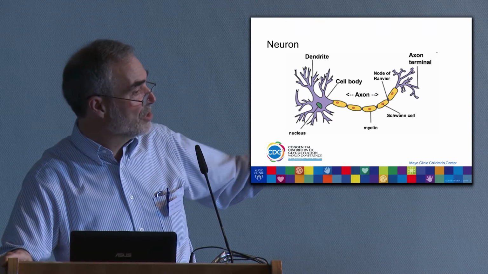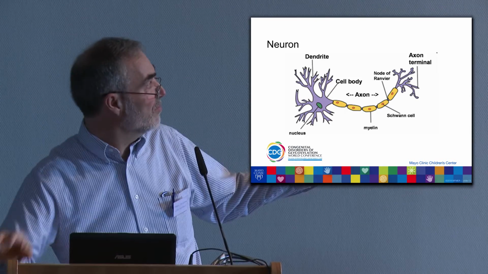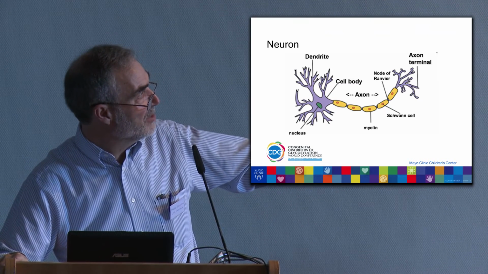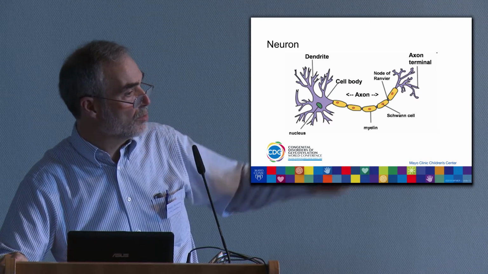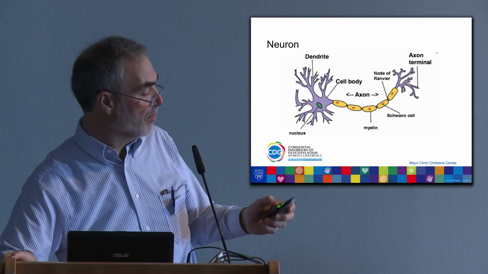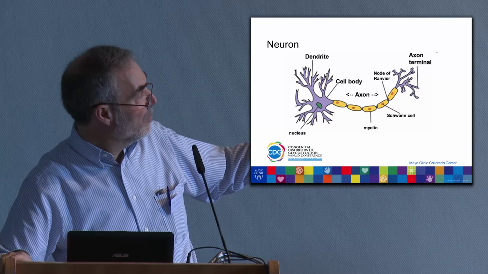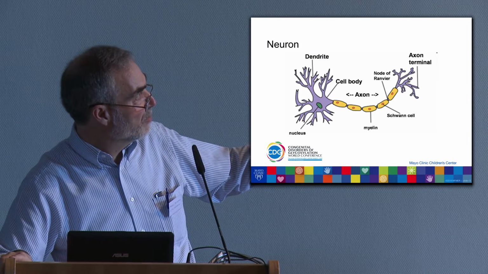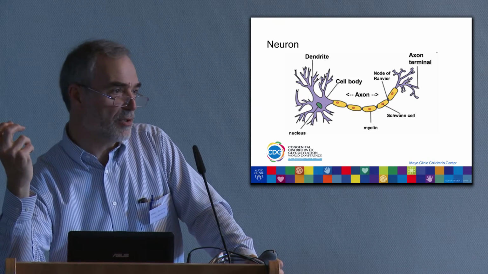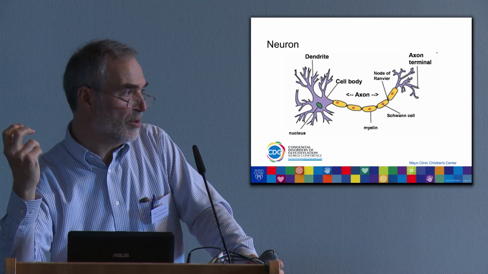These dendrites receive information from other neurons, which is transmitted through the axon and then disseminated through axon terminals, which terminate either on other neurons or, in the case of motor neurons, on motor fibers. And one of the ways in which our nervous system is able to be more efficient is because these nerve fibers are insulated with a substance called myelin. And you may have heard about this.